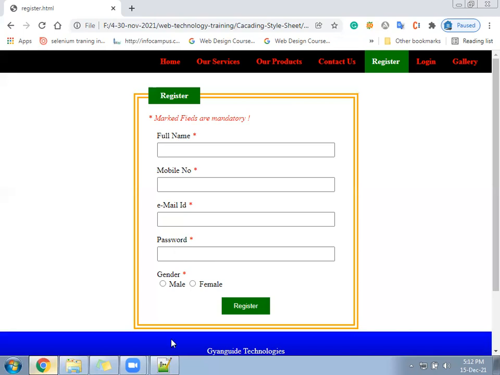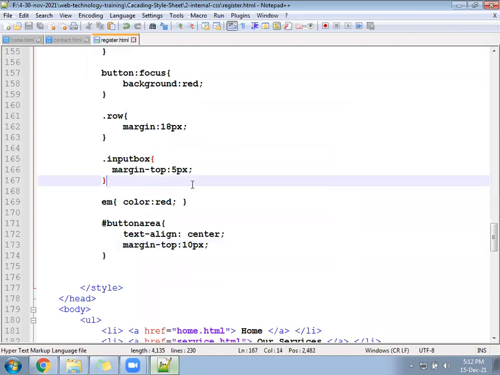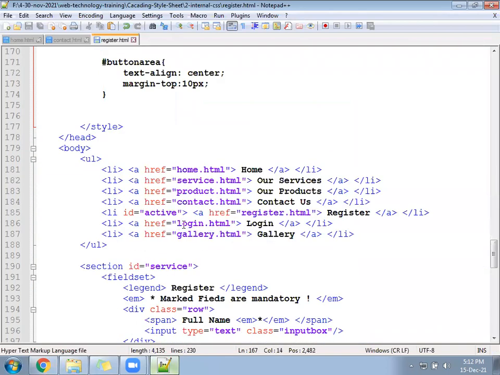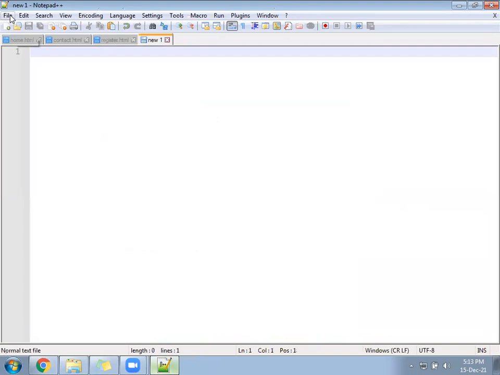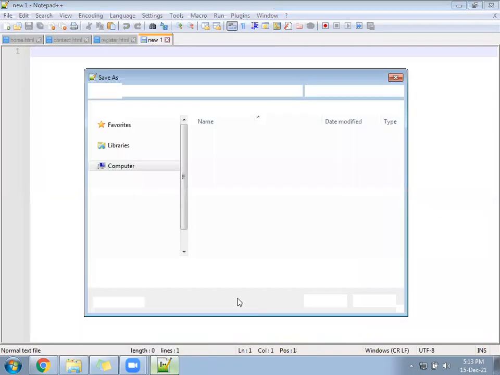Let's come inside the login page. Create a file, login.html.